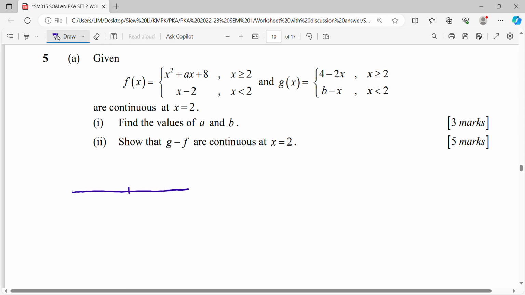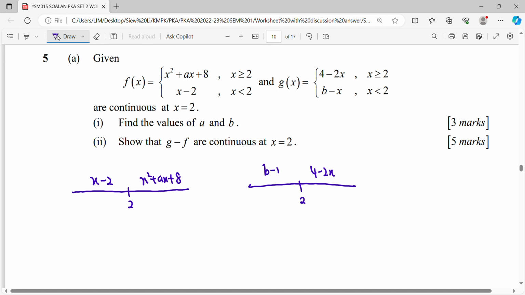For function f(x), when x is more than 2, it is a quadratic. When x is less than 2, it is a linear. Meanwhile, for function g(x), when x is more than or equal to 2, it will be a linear 4 minus 2x,